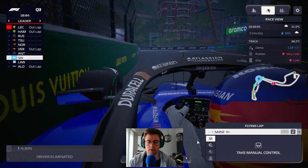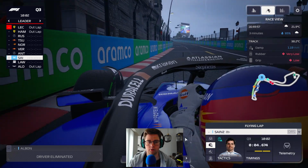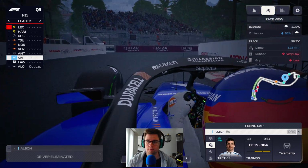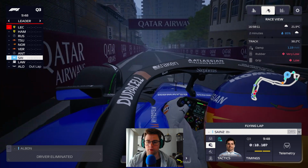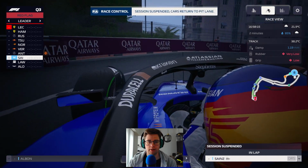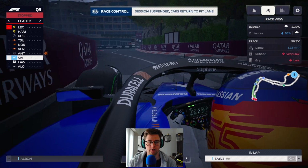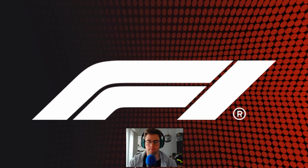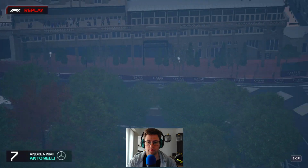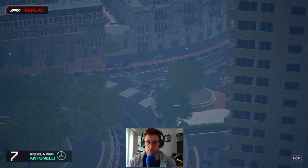All right, Sainz coming across the line here, heading into Sector 1. Not too far behind George Russell, I think it is. And again, we're just banking on this lap to be a good one. Oh, and there is a red flag. Red flag. Antonelli, I think, in the wall. There we go. Antonelli. Oh, and just misses the...